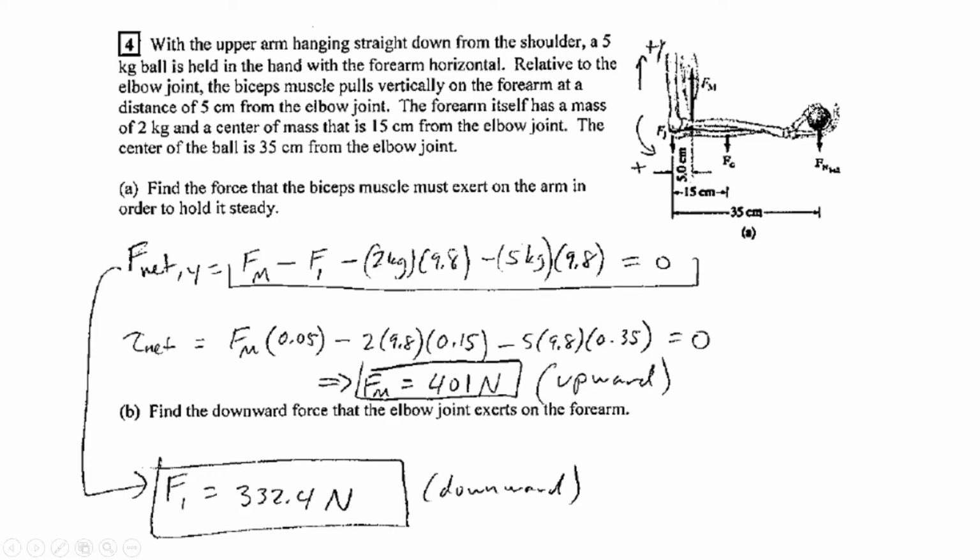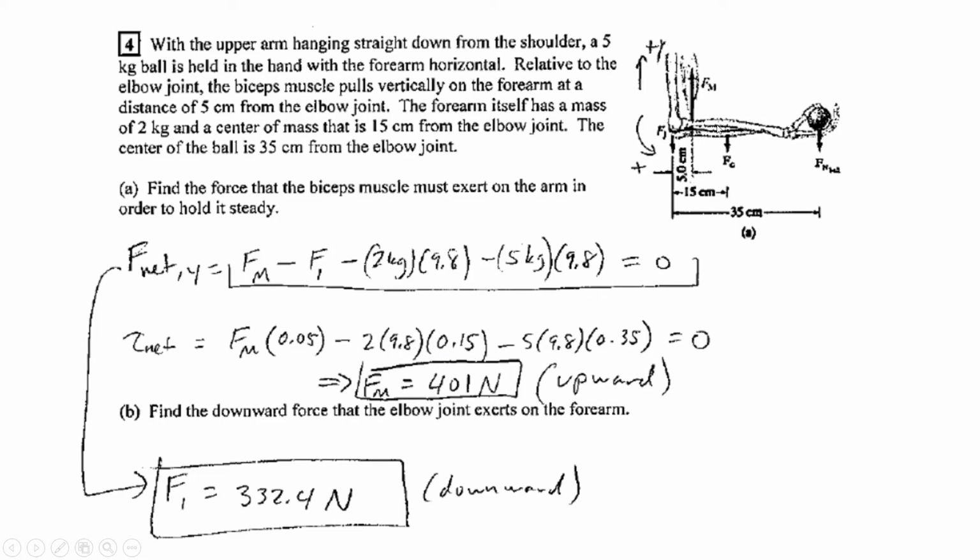The weight of the ball itself is going to be 5 kilograms times 9.8. So I'm holding an object which is about 50 newtons of force going downward on my hand. Notice that my biceps has to pull up with something that is almost 10 times as big, right? 10 times as big would be 500 newtons about. This is 400 newtons, so it's getting close to 10 times as big,